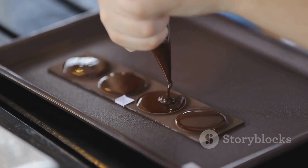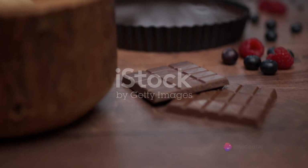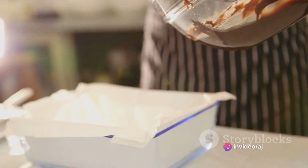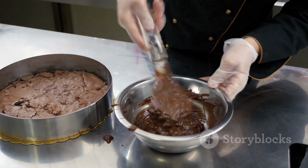1/4 cup cocoa powder. 1/2 teaspoon baking powder. 1/4 teaspoon baking soda. 1/4 teaspoon salt. 1/2 cup granulated sugar. 1/4 cup vegetable oil. 1/2 cup buttermilk. 1 large egg. 1 teaspoon vanilla extract. For the frosting: